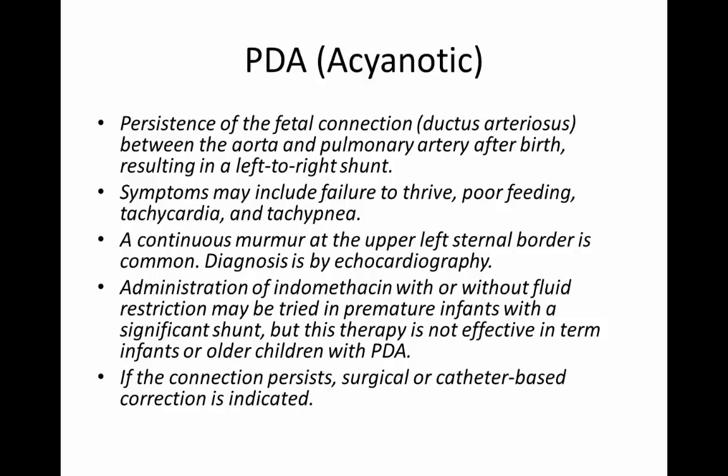Clinical features of a large ductus are failure to thrive, tachypnea, and diaphoresis with feeding. Left to right shunt with normal pulmonary vascular resistance could also occur. Infants and children with a small PDA are generally asymptomatic, but with a large PDA, they show signs and symptoms of heart failure: failure to thrive, poor feeding, tachypnea, dyspnea with feeding, tachycardia,